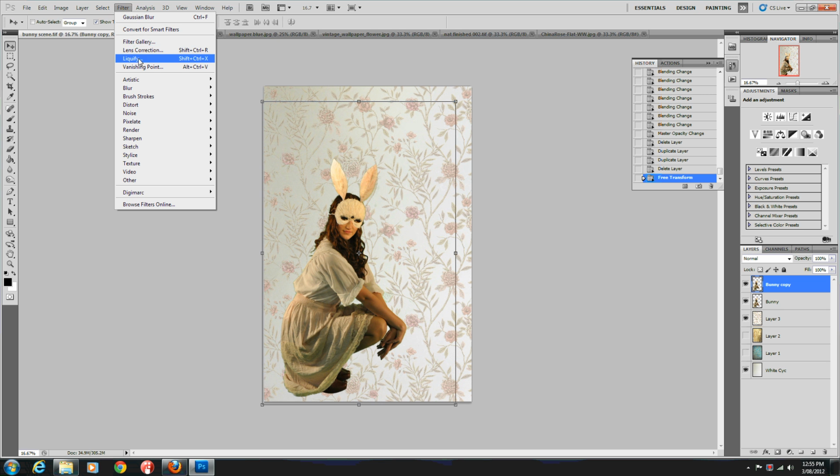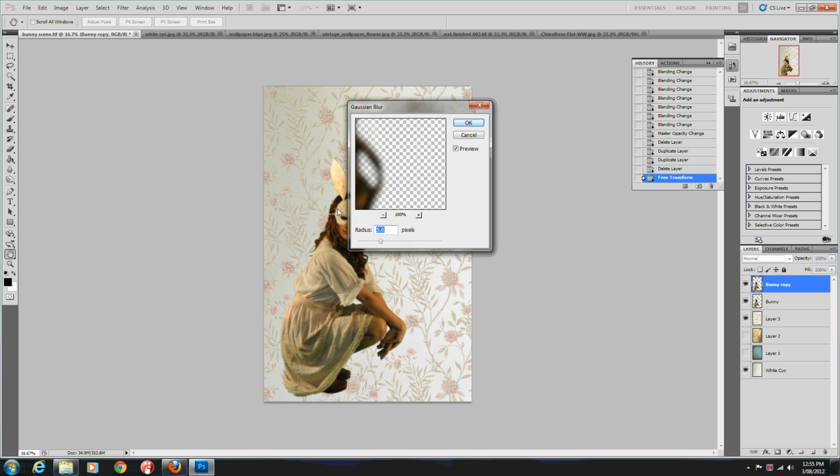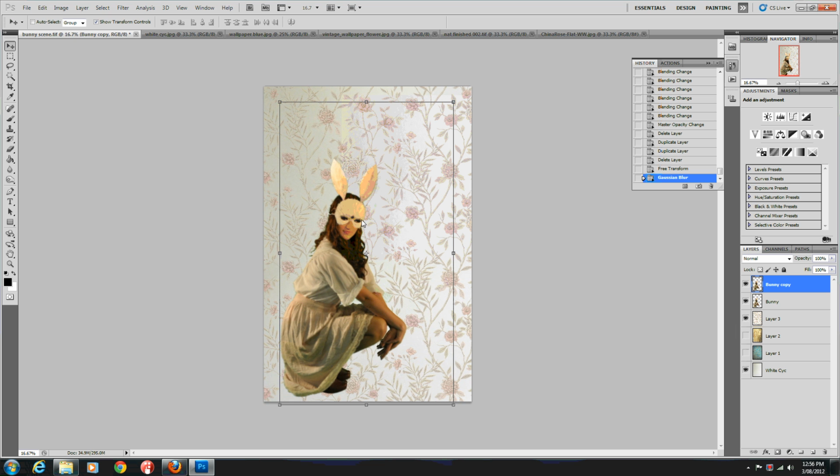Now, remember we looked in Filter Gallery before? There's a whole lot of filters here which aren't in Filter Gallery. And I want to go to Blur, Gaussian Blur, and I just slide that across. I'm going to go for really quite a blurry look. Put it up around 5, so let's go. Okay. So now I've got on top